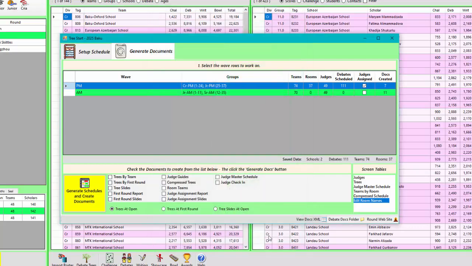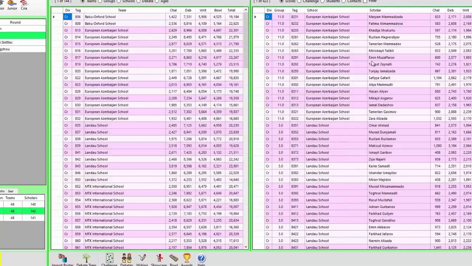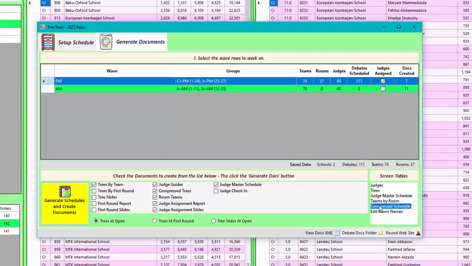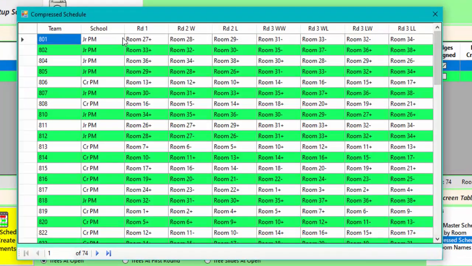And if you could go into the database and look at the debate rooms for the PM wave, it wouldn't be a room 8. Okay, now there's one little trick left, and that is that the actual things are generated. Right now they kept their old tables, and you have to regenerate those. And to do that, just close this down and reopen it. And now it's going to have fresh tables, and if you want to check that, just go in here to any of these documents here. Here's the